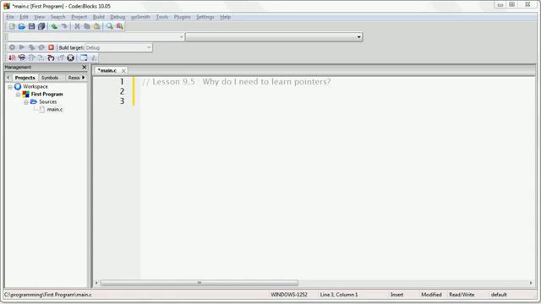Pointers are one of the most fundamental concepts in all of computing, and properly understood, they empower you to do just about anything. Without them, you can do almost nothing. In other words, the real question is not when do you use pointers. The real question is when do you not use pointers.